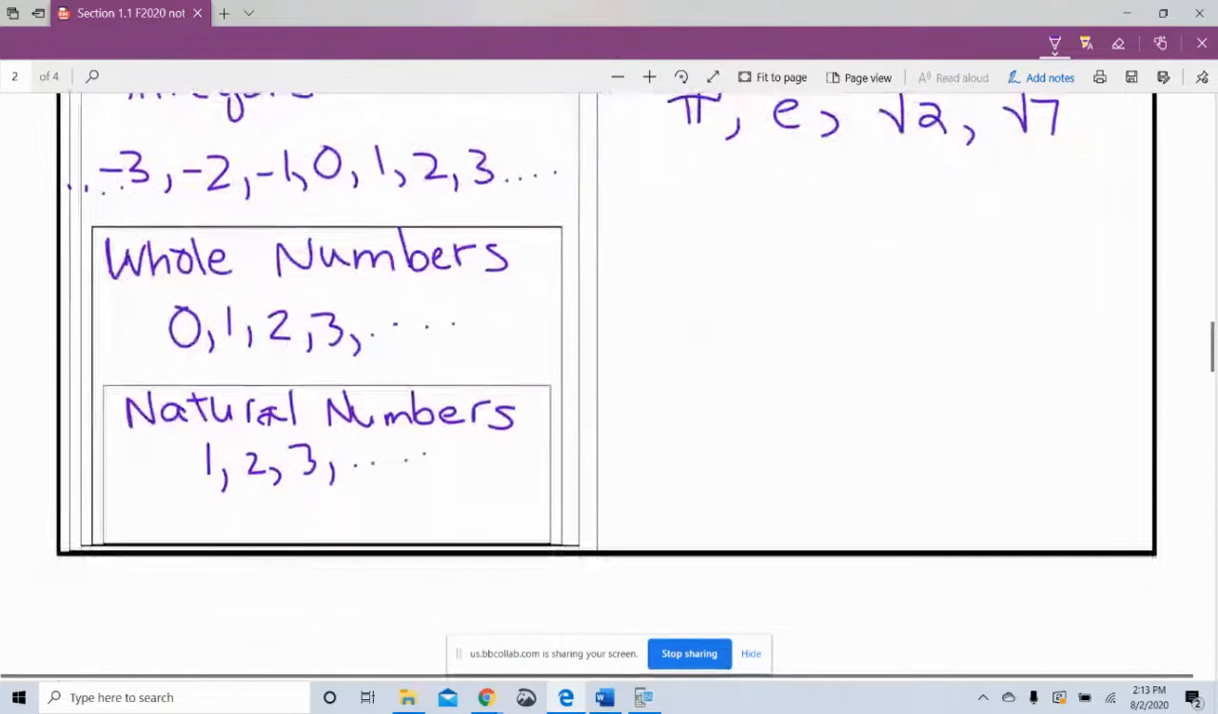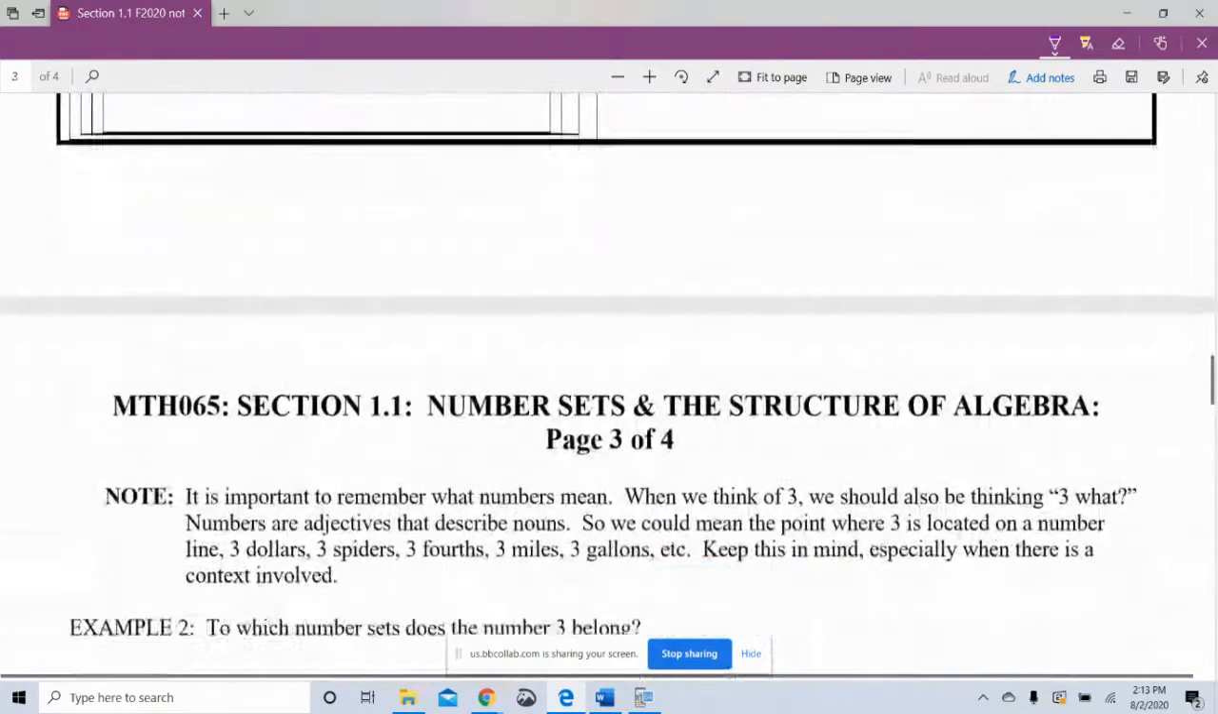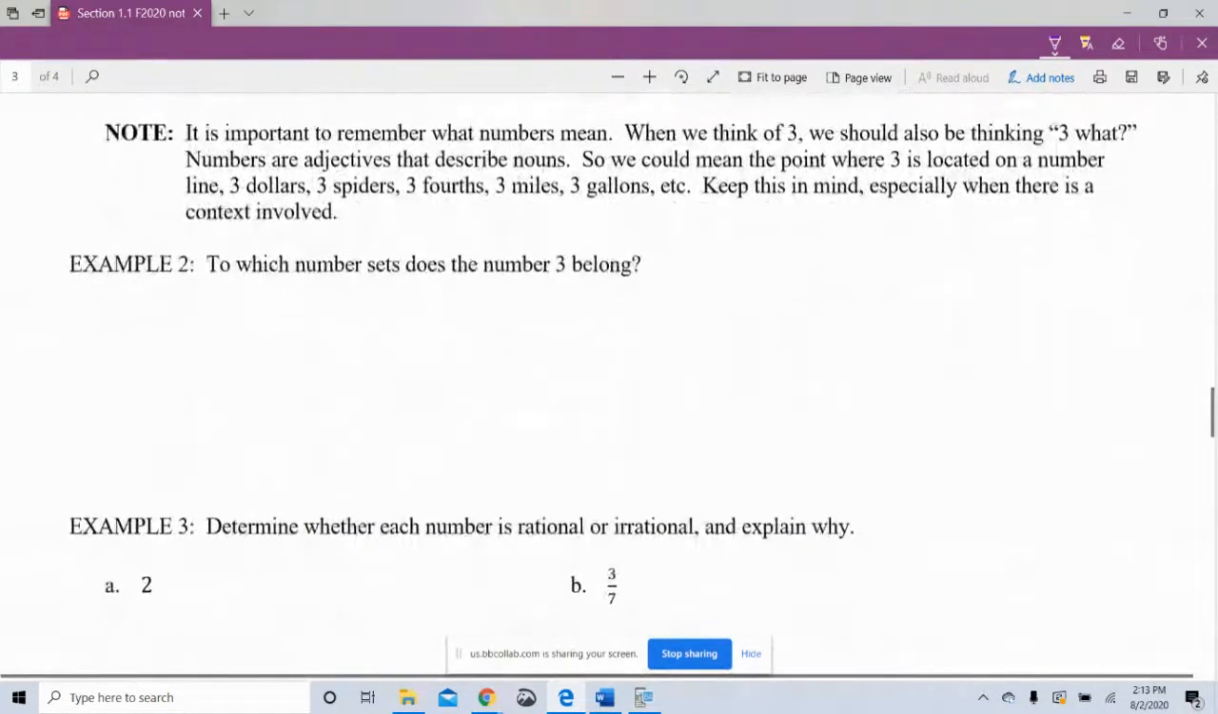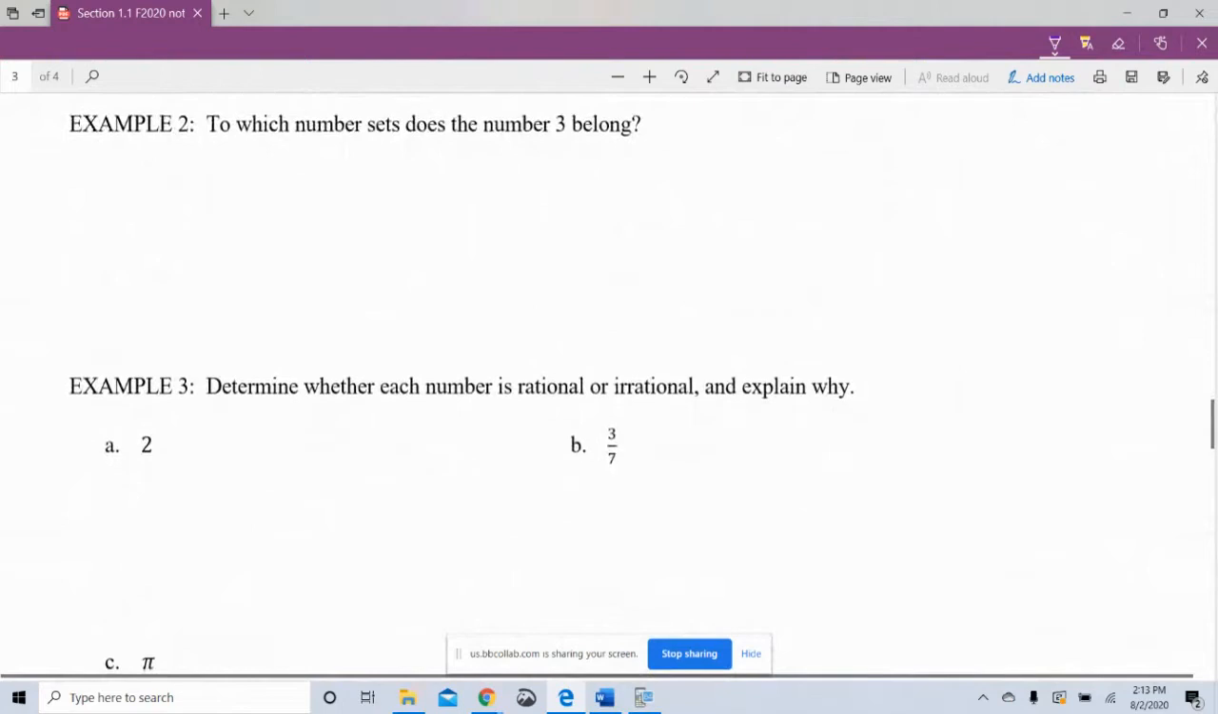So hopefully it's going to get you through the majority of the homework that you're going to have to do for this section, but I thought we'd go through just a few more examples to make sure that you're really understanding the concept of these number sets. So to which number sets, and notice the S on the end of sets here, does the number 3 belong,